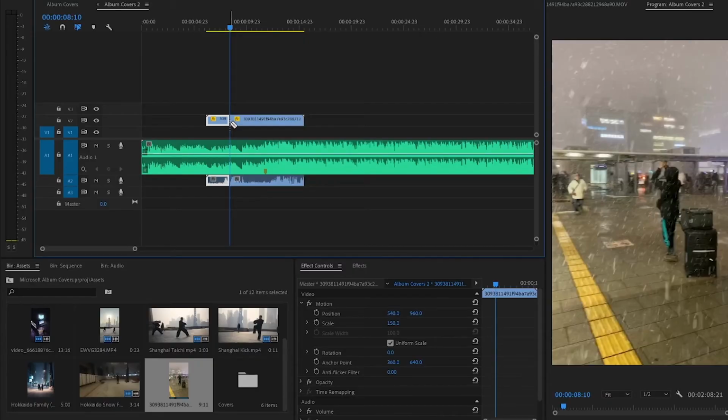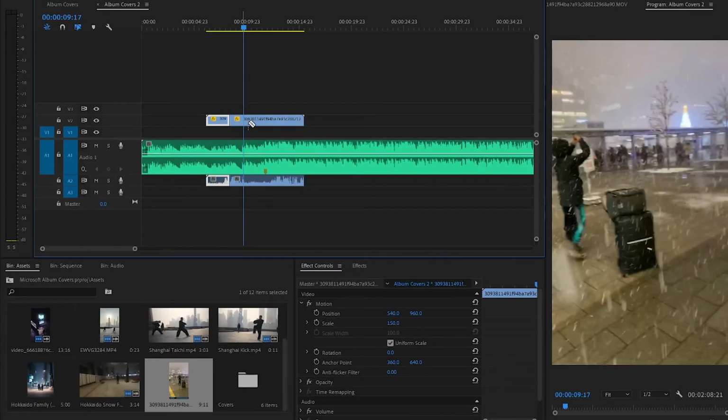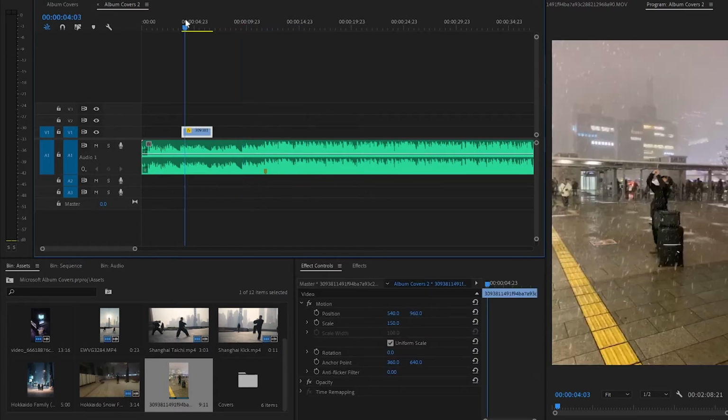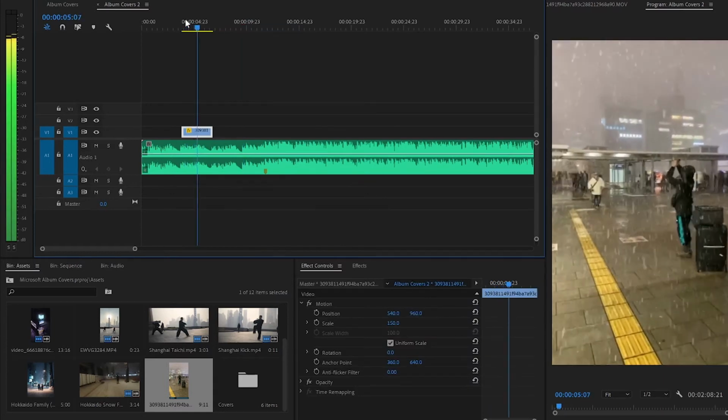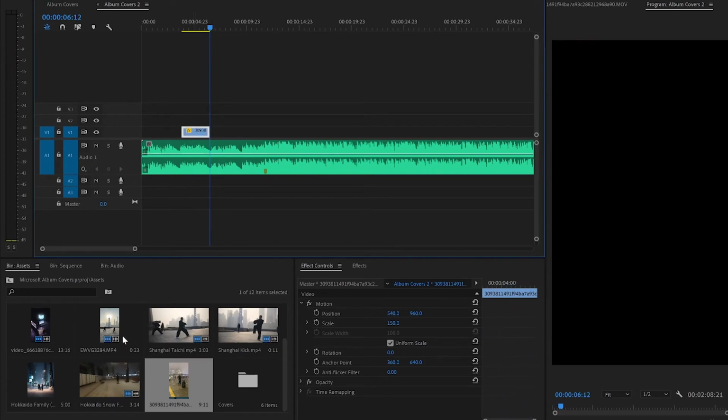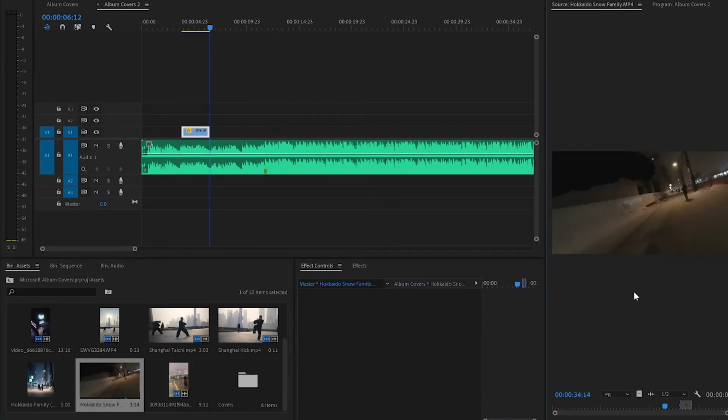Press C on the keyboard for the cutting tool, and we're going to cut right there, and another cut just so we can get the right length. We're going to delete the audio because we don't actually want the audio, we want the music to play only. So this will be the intro of the video. Very short clip, but we're going to follow it up with another video, which is an exciting video, but it's